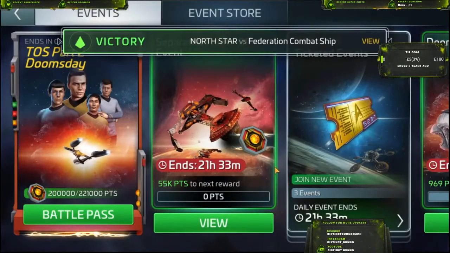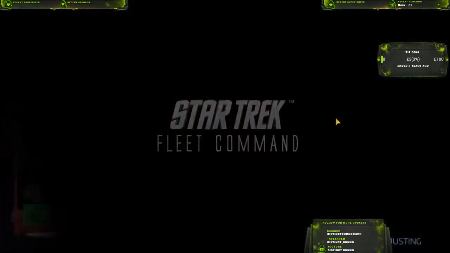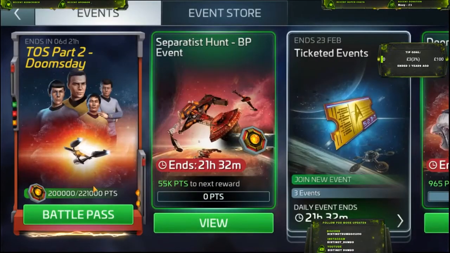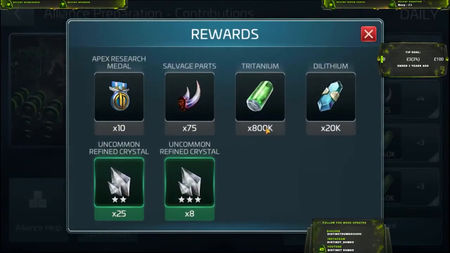Now let's talk about events. Okay, so my battle pass points are 200,000, and I need 21,000 points to get up. Now I have the Separatist event, like everyone else. This is only going to get me 10,500, 11,000, 12,000, 15,000 points. That's not enough to go up a tier, but that's fine, because then you'll go up a tier again at reset tomorrow. Then you got the ticketed events, which get you some good stuff, amazing amounts of tritanium and dilithium,